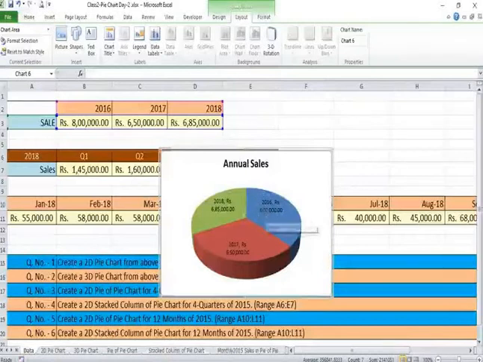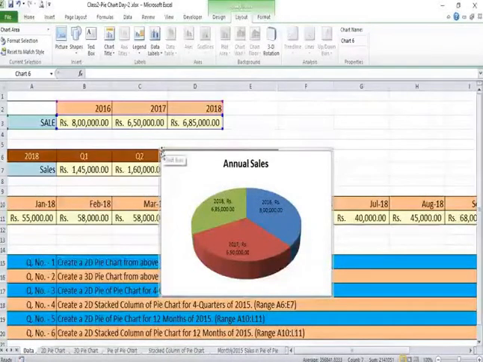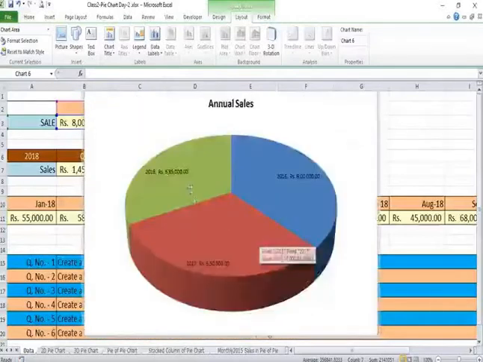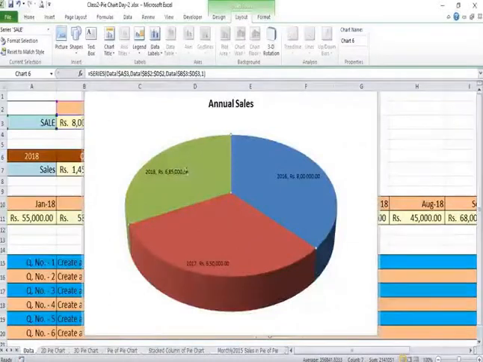And now we want to exclude the pie of 2018, suppose. So how to do that? You can increase the size of this pie chart in this manner. Click on this pie. After few seconds, if you click on this 2018 pie, then you will find only this pie is selected.